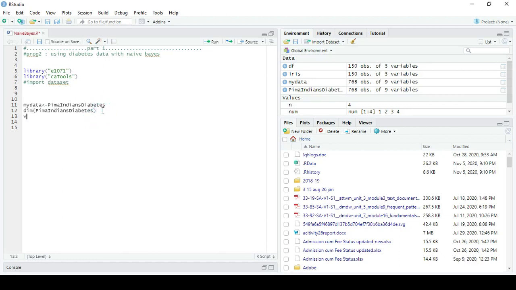Then view my data. Here we have the variable mydata to store the CSV file, and the diabetes file name is used to view my data. So the mydata file views the new file. Here we are creating the new mydata file.